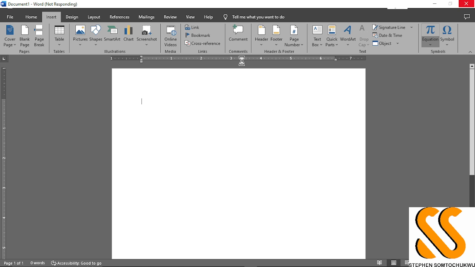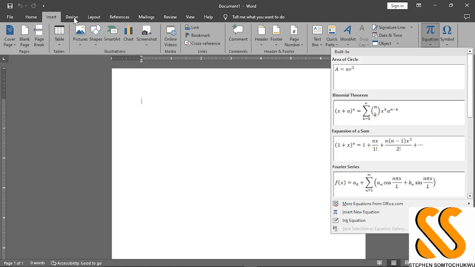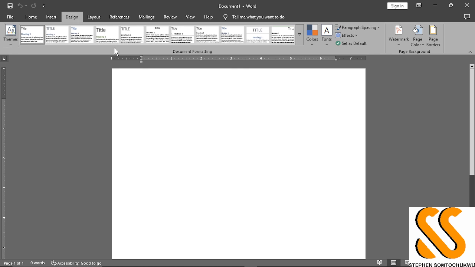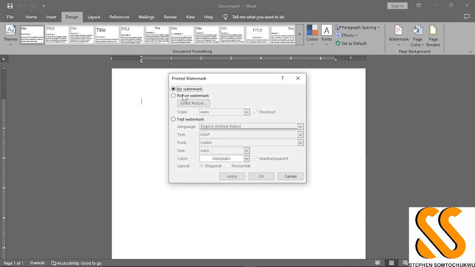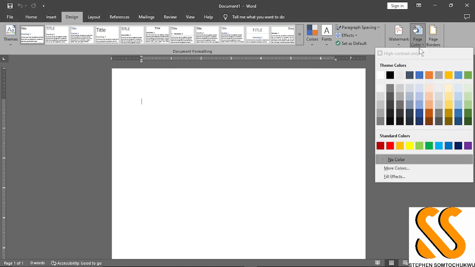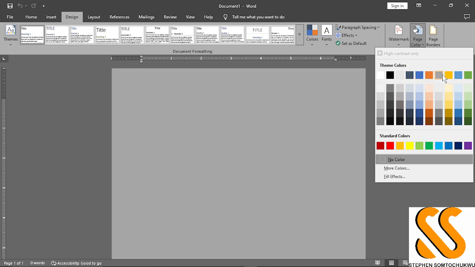the next tab, or the next menu tab, which talks about design. So here is the area where you can add coloring or design to your work. Here is the document formatting group, and this area is the background. If you want to add a watermark to your document, here is where you go for it. You can click on custom to add your own. When you click on custom, it will allow you to insert a picture if you wish, or to insert a text if you wish. Then here is for adding a color to the background of your work, and this is